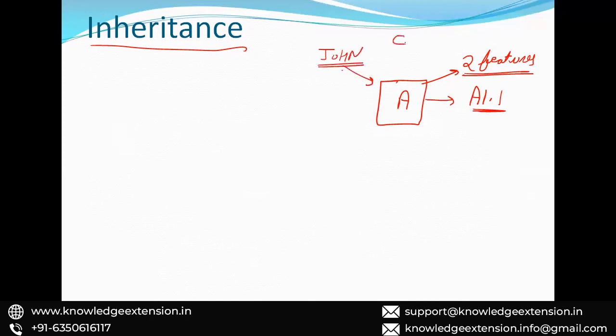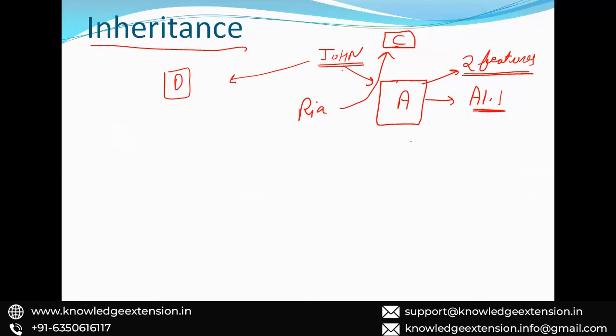Understood? And C is the company. After some time John gets an offer from a company named D. It pays much more than he is getting from C company. So he left and joined D company. Now Ria comes and joins C company. And what does C company want? C company wants Ria to develop two new features in the same application. That means two features are already available, and two more features can be added to this application.